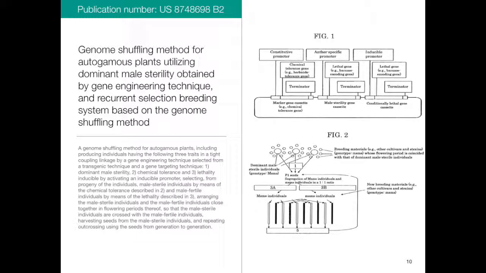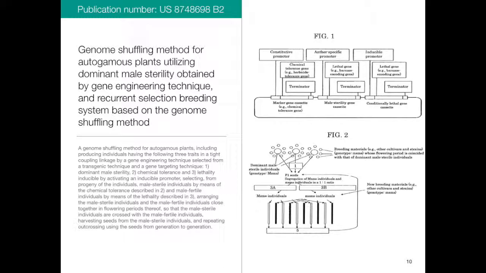Number 9. Genome shuffling method for autogamous plants utilizing dominant male sterility obtained by gene engineering technique and recurrent selection breeding system based on the genome shuffling method. A genome shuffling method for autogamous plants, including producing individuals having the following 3 traits and a tight coupling linkage by a gene engineering technique selected from a transgenic technique and a gene targeting technique,